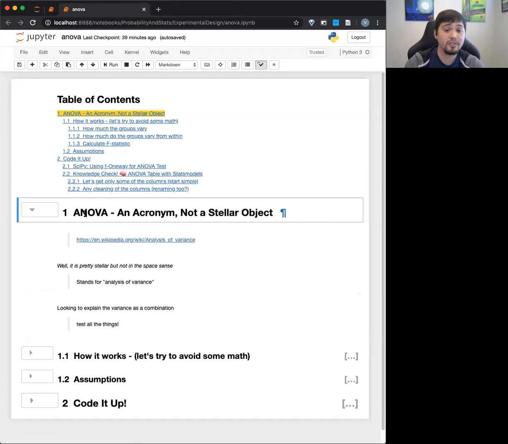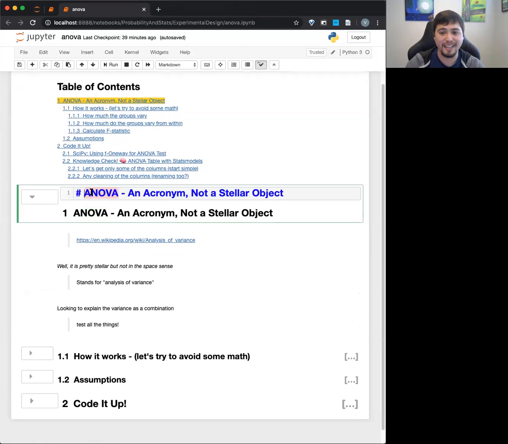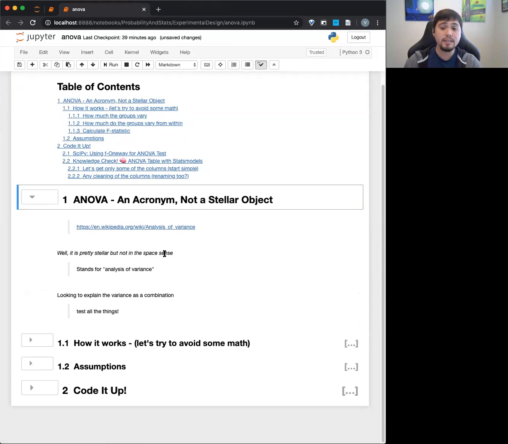All right, so ANOVA, and I've heard people say ANOVA, ANOVA. I never know what's the right way, but basically it stands for analysis of variance. Go figure, right? But I actually think understanding that that's what it represents makes a lot of sense of what's going on here. Basically, it's a way to look at all the variance of different groups all together